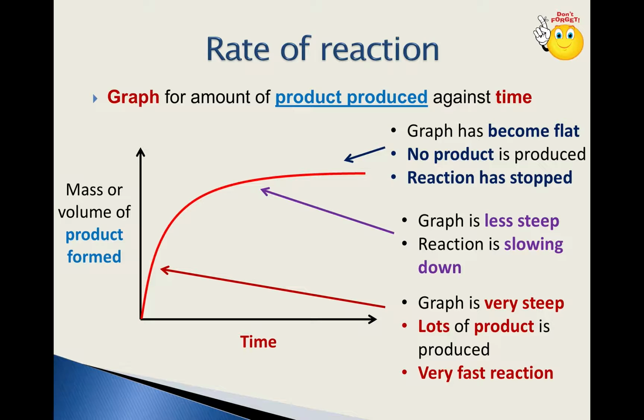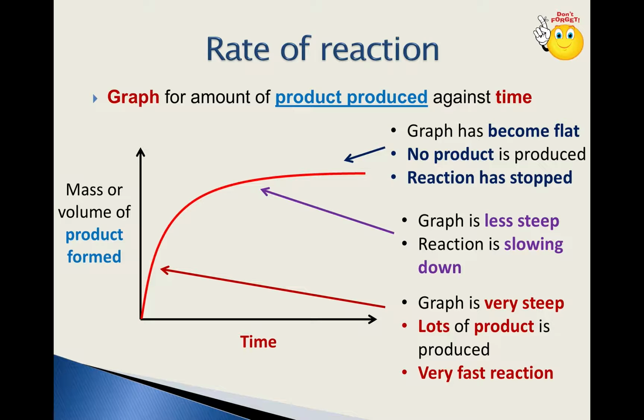And again, if you're not too sure on how to take a tangent, then you might want to read up on how you take a tangent for a certain line. But we're not going to worry about taking tangents for the time being. But if you want to work out the gradient at any point of this curve, you take a tangent. That means that you put a cross at the time on the line that you're interested in taking the gradient at. You draw a line